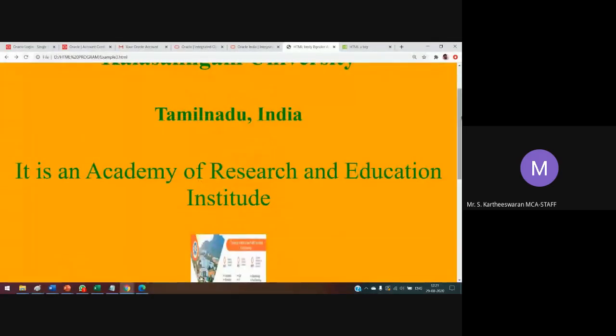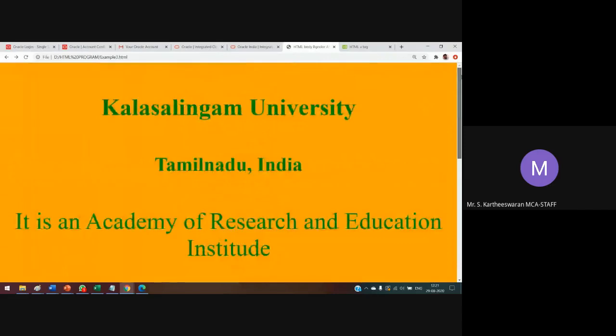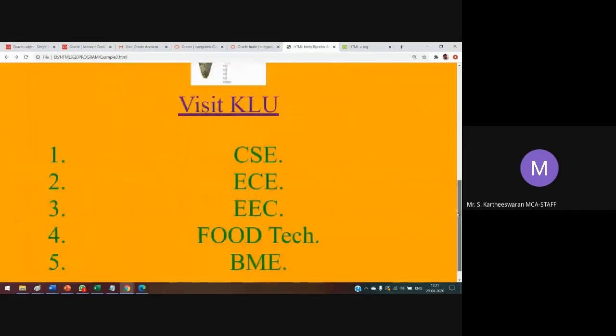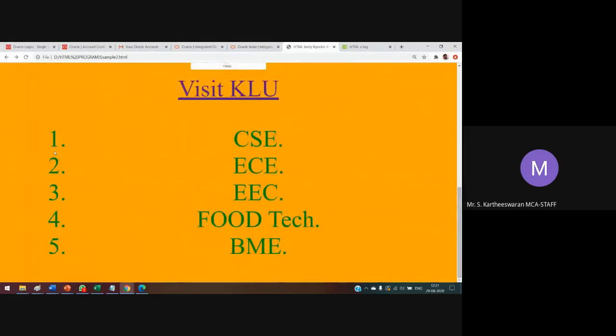Okay, it is our overall address, Kalasalingam University. So these are the list: 1 CSE, 2 ECE, 3 EEE, 4th one is Biotech. We are under the center element so that it will show like this.